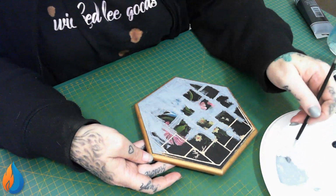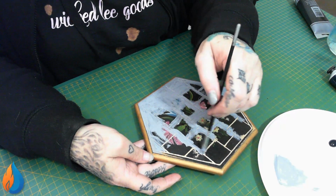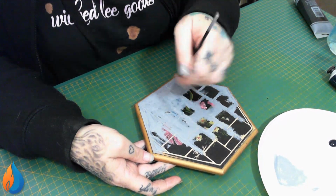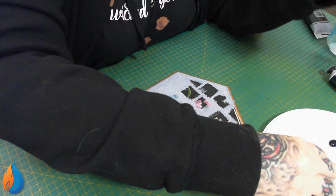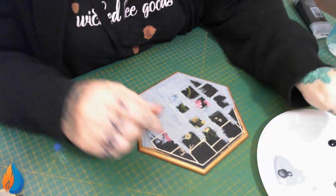Could be the white, could be the metallics that are drying reasonably fast, who knows. Alright, well I better mix up a little more. Hey, got that autofocus going too, so